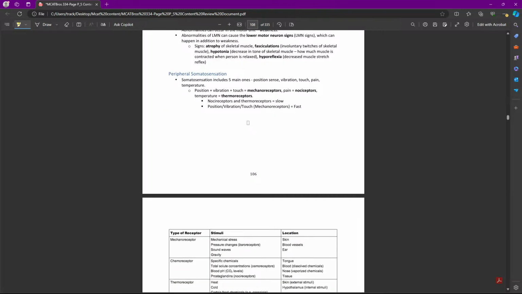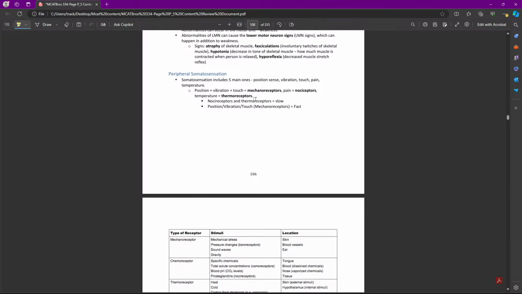So, the peripheral somatosensation. We talked about this earlier with different sensations, but somatosensation includes 5 main ones: position sense, vibration, touch, pain, and temperature. Position, vibration, and touch are mechanical receptors. Pain is nociceptors, and temperature is thermoreceptors,